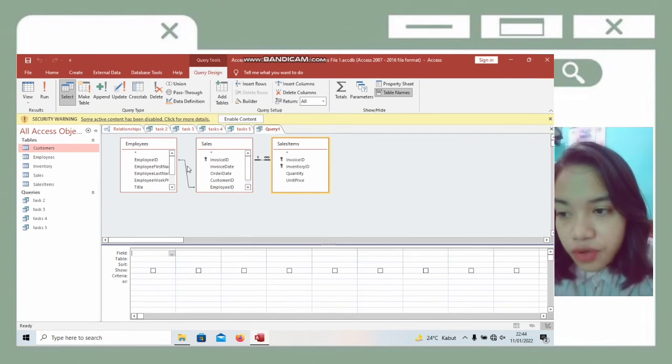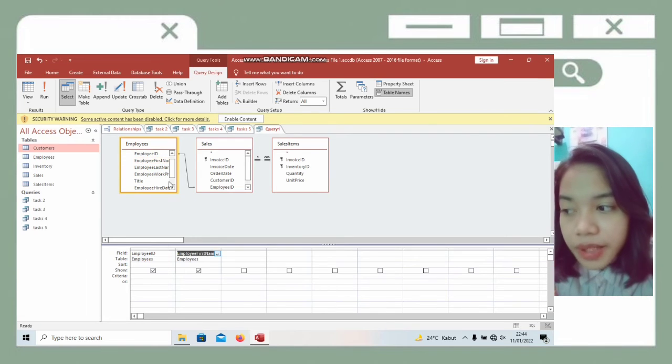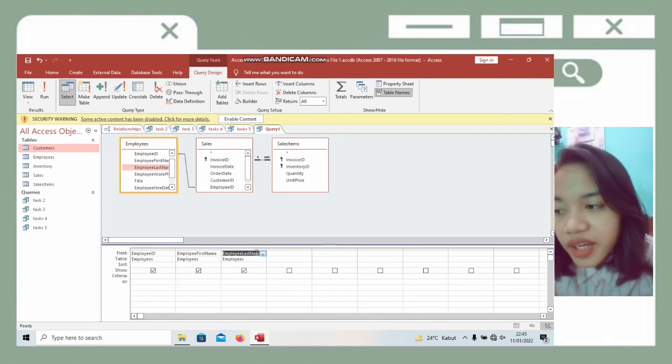Then drag each required data: employee ID, employee first name, employee last name, and invoice date.